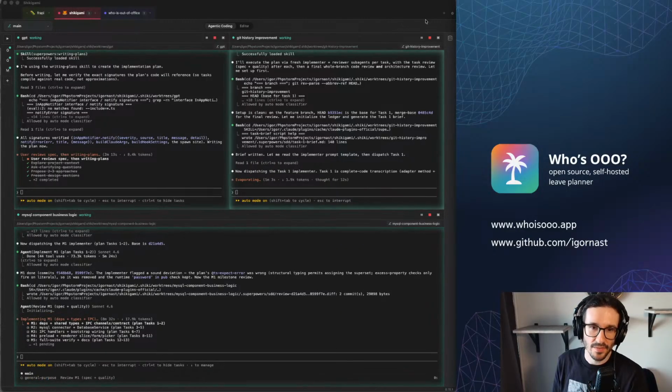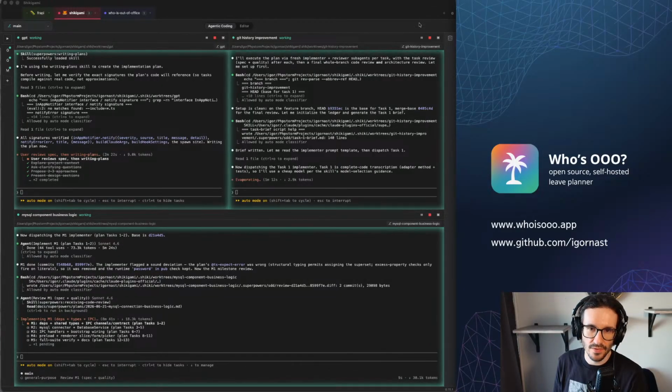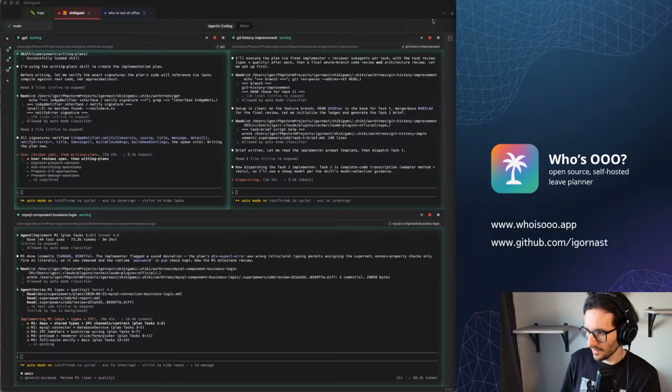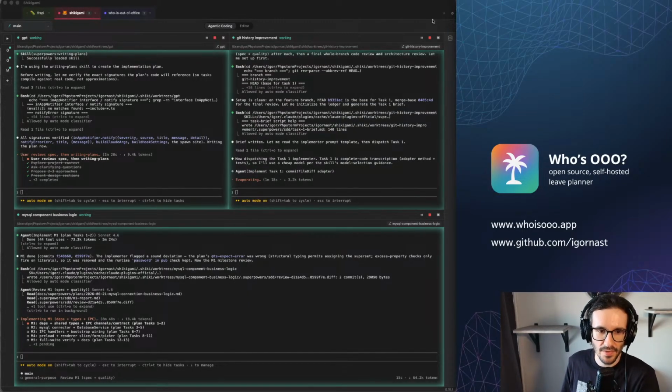If there is an update, you should see, near the plus for a new workspace, a notification pill with information that there is an update available for you